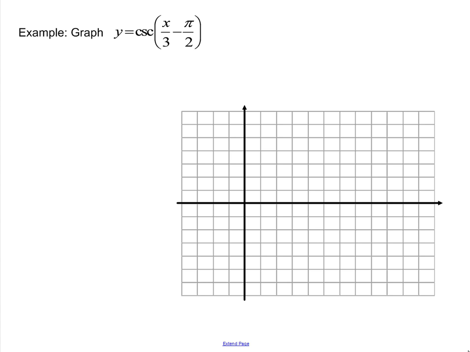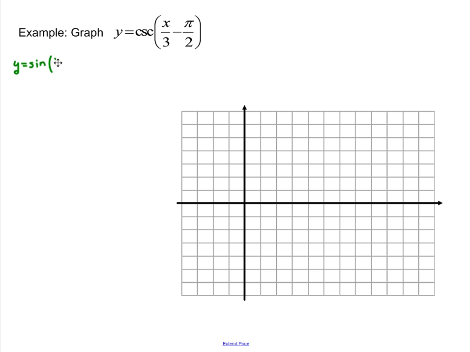The next other trig function I'm going to go over here involves cosecant. Now, cosecant and secant are related in that we can use as a guide the sine or cosine function as appropriate. And in this case, we're going to use our sine function as a guide. So what I'm going to do is come down to the left here and, in a different color, go through what would happen if I were dealing with the sine version of this function. In other words, I want to use y equals sine